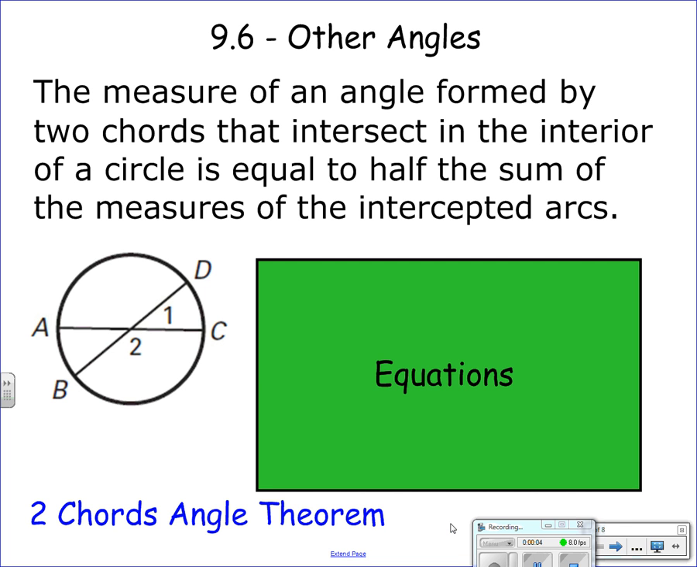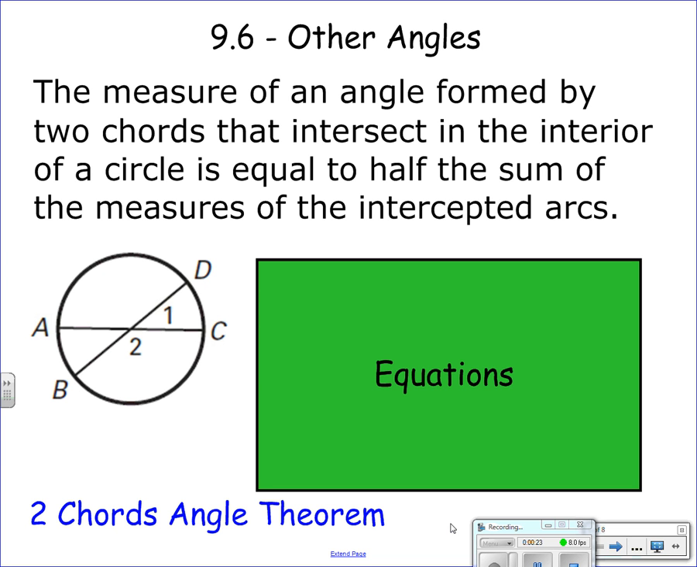Today we're going to be talking about other angles having to deal with circles. We're going to be talking about angles inside of circles, and we're going to be talking about when angles are formed by tangents and secants. So our first equation, and there's a lot of equations, and I often find that students struggle with memorizing all